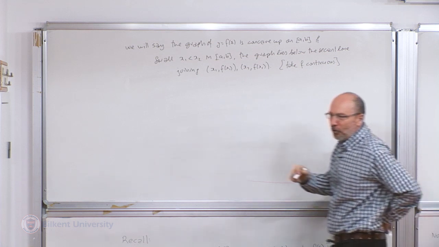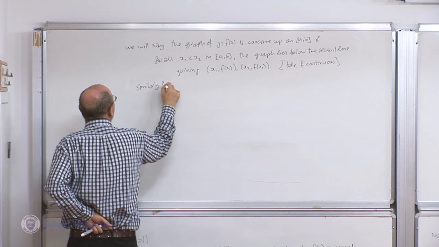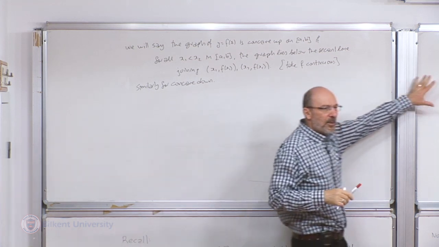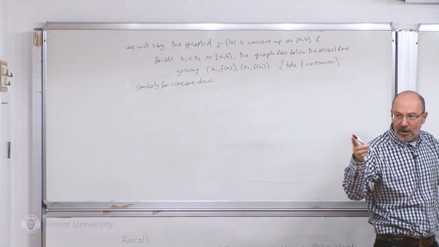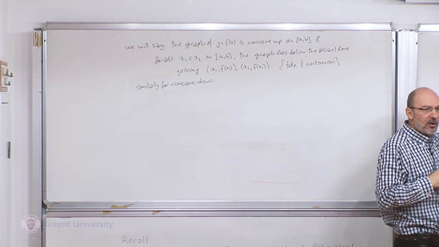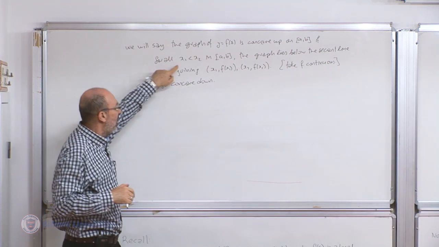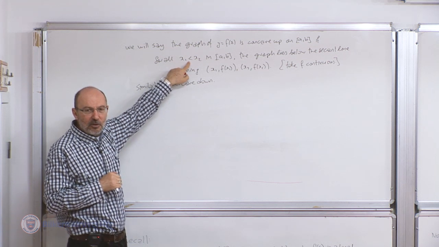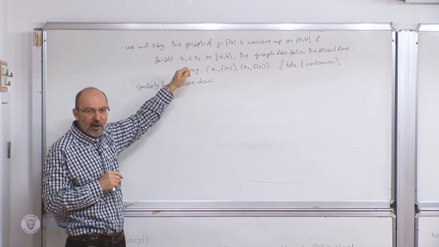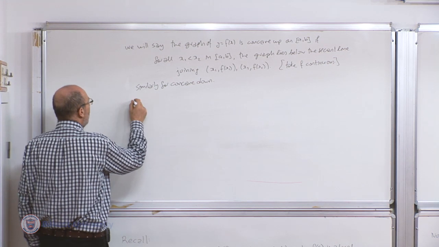Okay, so let's say similarly for concave up, let's not spend time on it. So similarly for concave down. Now this experience tells us that we can write a theorem that your friend was suggesting a minute ago. We can decide whether this is concave up or down without using the definition. You see, the definition tells us to check infinitely many pairs like this. Check all possible pairs. If the graph is always below this, then it is concave up. Now the theorem says that if you use the second derivative, this is guaranteed. So theorem,